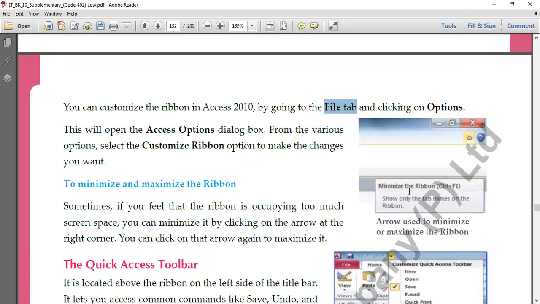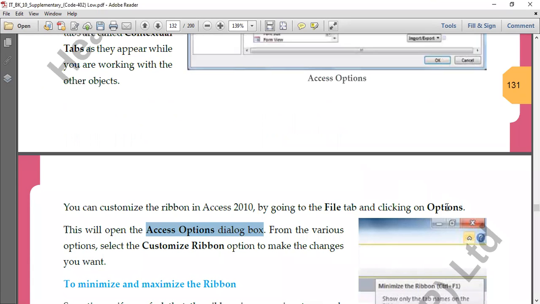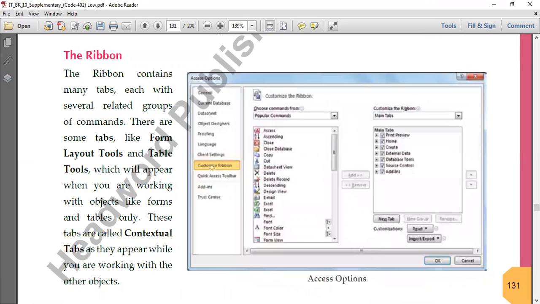So this will open up the Access Options dialog box, and from the various options you can customize the ribbon. So when you click on Options, this is what comes up. यहाँ पे customize ribbon एक tab है, उस पे click करो तो this will show you what all different tabs you already have. जहाँ पे tick लगा है जो selected है, these are the tabs which are already available in your screen, right? And if you want to add, you just choose the option from here, click on add,